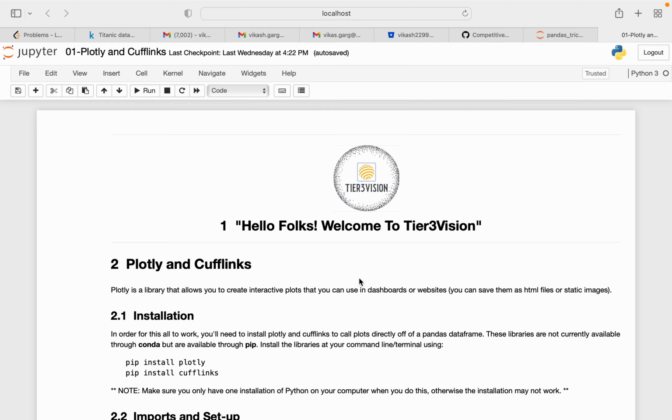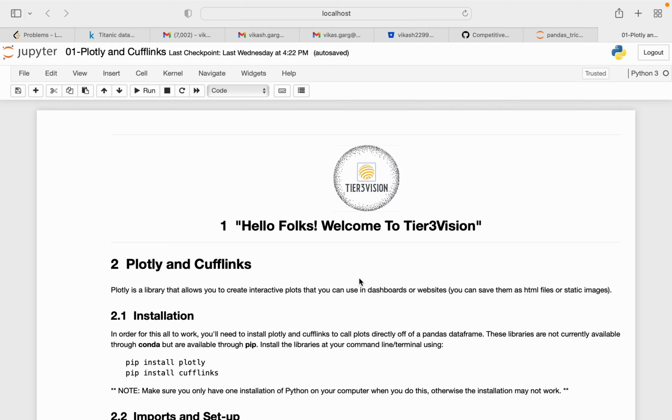So today we are going to discuss an important topic about data visualization. Data visualization is one of the most important, or you can say demanding, use cases while we are doing any kind of data science work. For data visualization we have tools like Matplotlib and Plotly. Plotly is generally considered to be one of the most used tools for data science. So today we are going to discuss Plotly and Cufflinks.